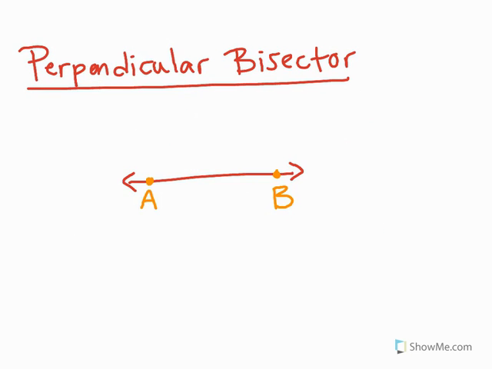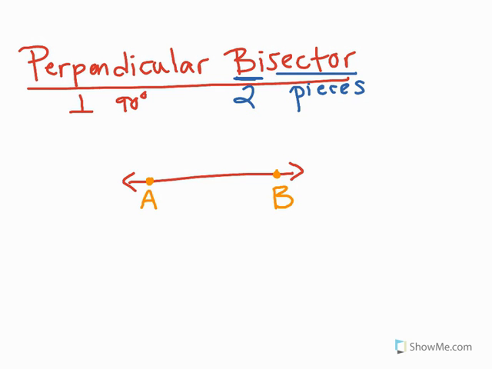All right. And now we have what's called a perpendicular bisector. So we need to know what these two words mean before we even consider what it stands for. When I look at the word perpendicular, I first of all know that that means a right angle. So I'm looking for 90 degrees. So then what does the word bisect mean? Well, the prefix bi means two, and sect in this case just means pieces. So what I'm going to do to whatever I'm working with is cut it into two pieces